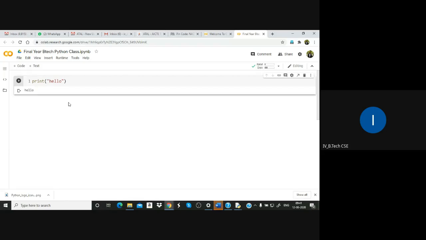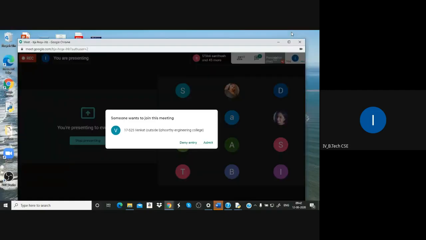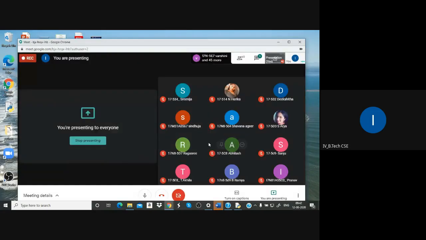This is an online tool. Up to machine learning programs you can do here in Google Colab, and whatever work you have done will be saved in the Google Drive linked to your Gmail ID.